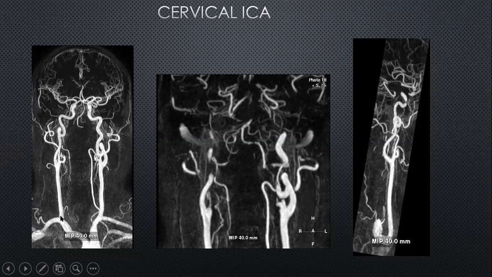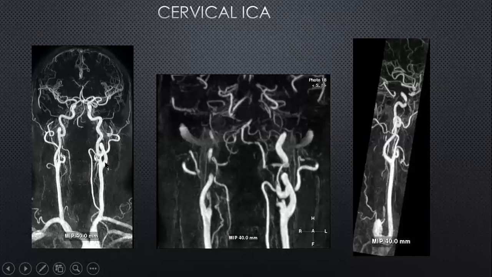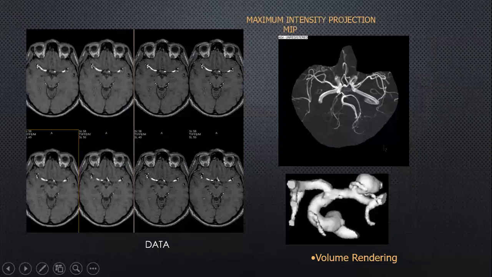elegantly. So here you have again the similar understanding of the arch anatomy with the brachiocephalic trunk, the common carotid arteries, the bifurcation of the arteries, the distal cervical, and then subsequently the intracranial vessels. And of course, you can segment these vessels and evaluate each one of them in turn. And here, for example, is a MIP of the lateral view of the common carotid artery showing the bifurcation. And you can measure these various segments to determine if there is any stenosis at any particular level.